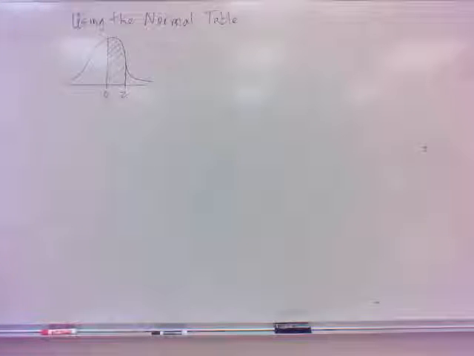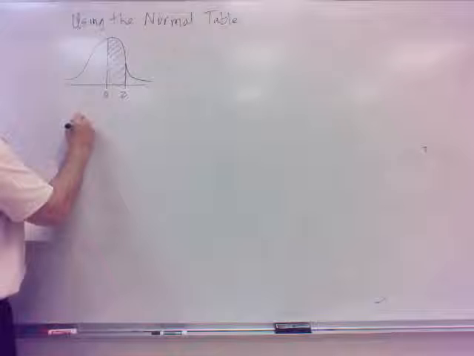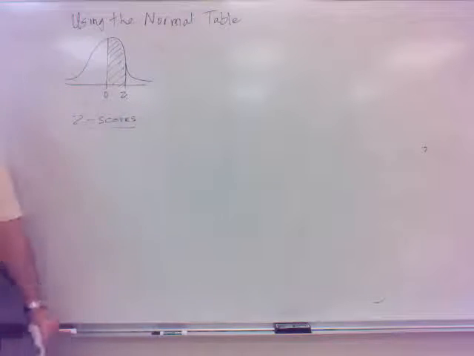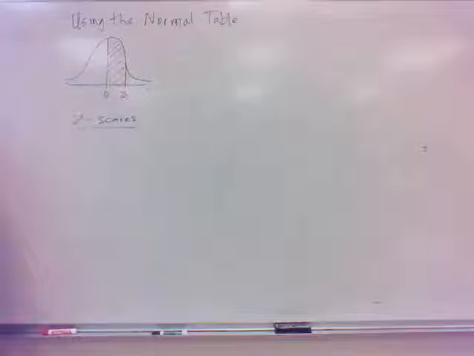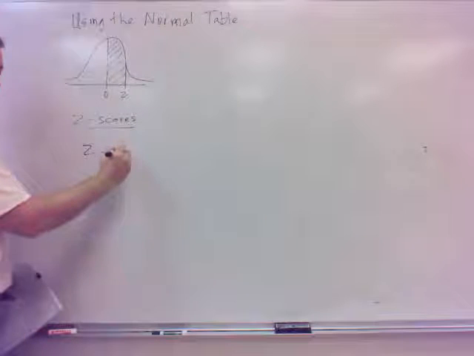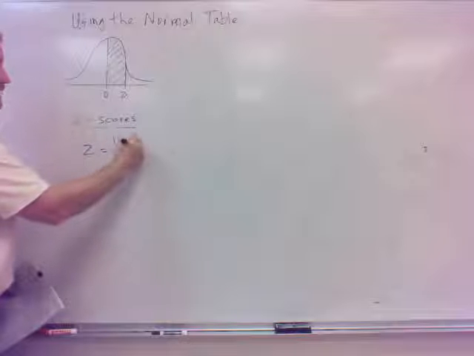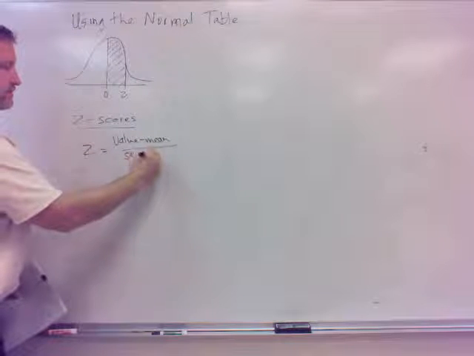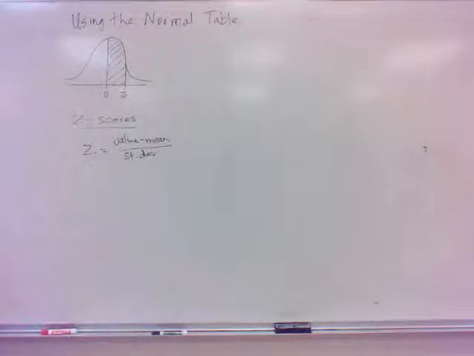Now, that's the first point to make here. Notice that the table is based upon z-scores. So, what we're going to have to do with our values is convert them to z-scores. And what's the z-score formula? Z equals value minus mean divided by standard deviation. So we're going to have to convert all of our values over to those z-scores and then look them up